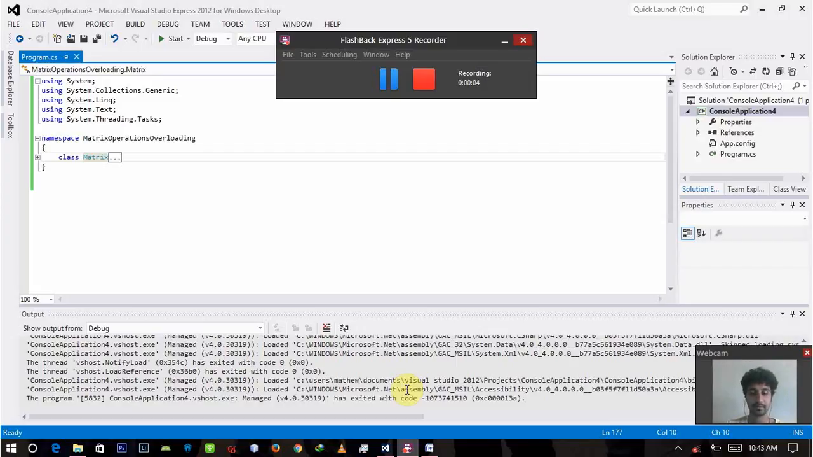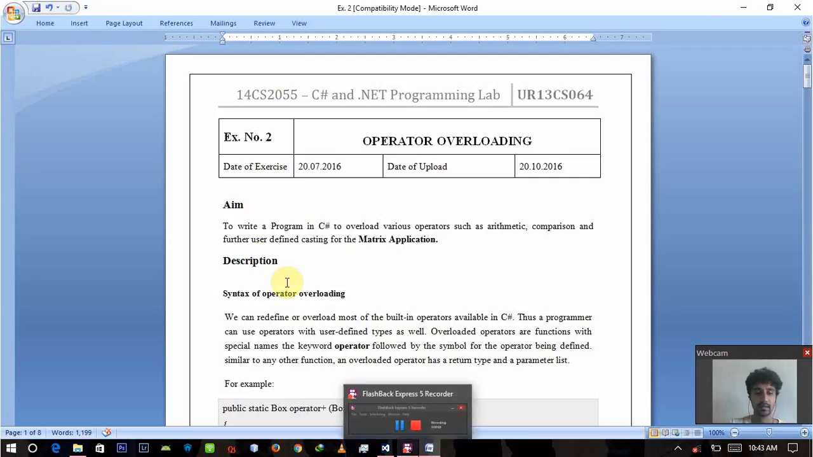I'm gonna explain the C# program for operator overloading. My aim is to create a program in C# to overload various operations such as arithmetic, comparison, and further user-defined casting for matrix application. Let's go to my program,